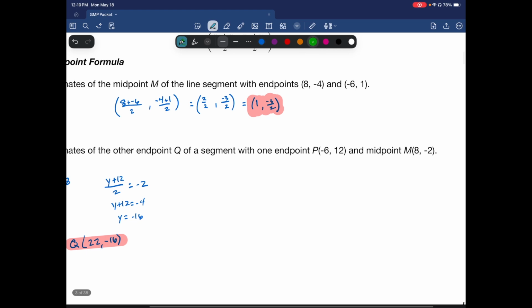And this next way that I'm going to show you is my preferred way to do it, because to me it just makes logical sense. So we know P is (-6, 12). We know that the midpoint, M, is (8, -2). And we're looking for Q. Okay, so to get from negative 6 to positive 8, I have to add